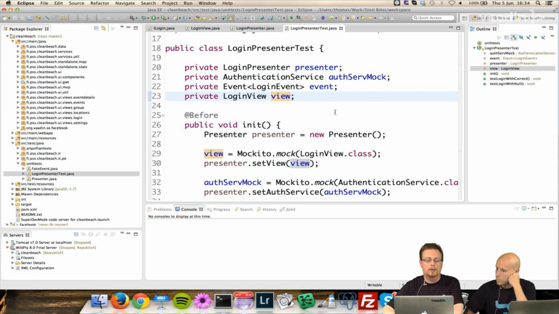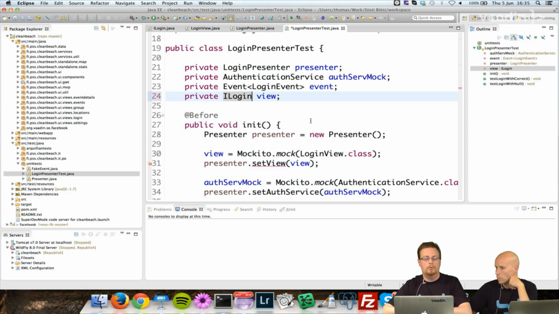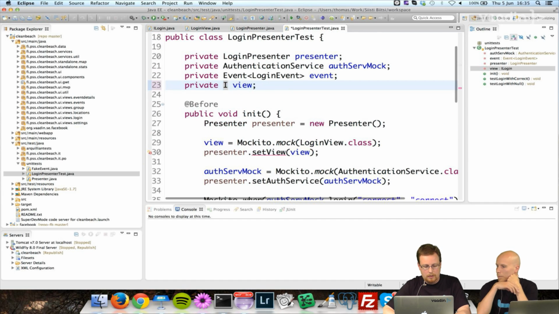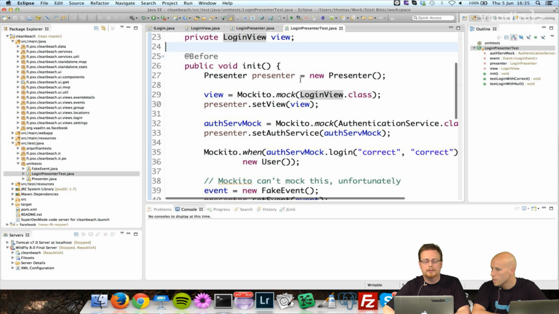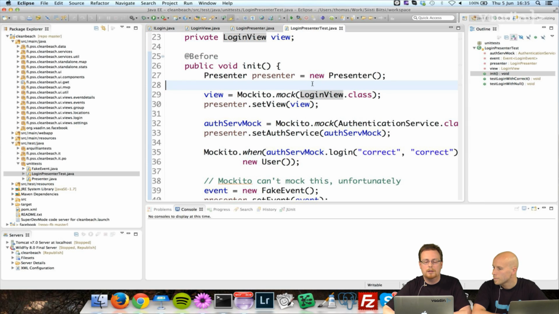Yes, this is actually wrong. This should be login, of course. But this is basically what we're testing against. So no Vaadin imports here again, which makes it easier for us to run the test. There is still an error in my API, I'm going to fix that in just a minute.